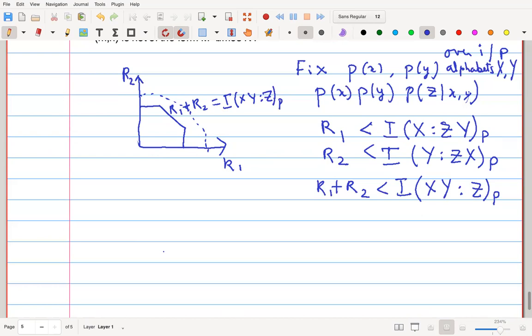Okay. But now, if this was the only constraint, what would the rate region have looked like? I just extend this line. Then I should have got some kind of triangular region. And in fact, that triangular rate region would have been the correct rate region if Alice and Bob were allowed to get together and do joint encoding. But they're not allowed to get together. So what I get is a subset of this triangular region, and that is the pentagon region.